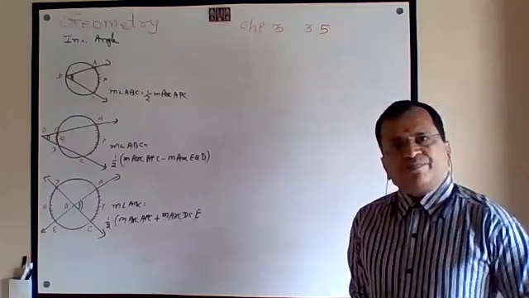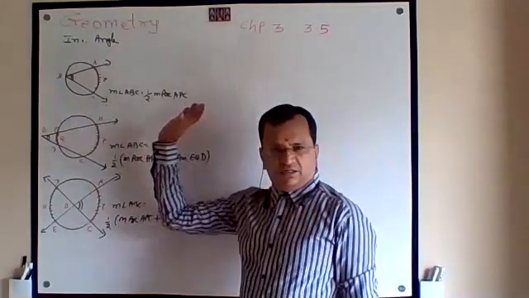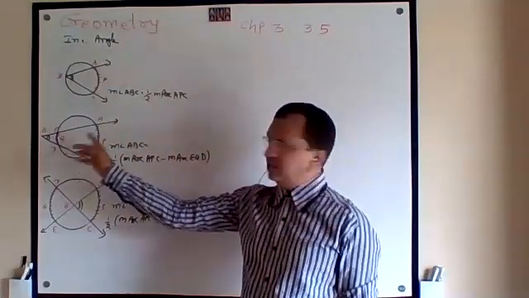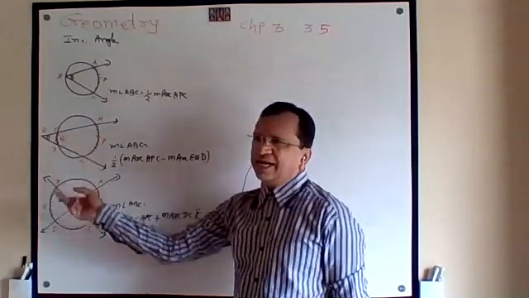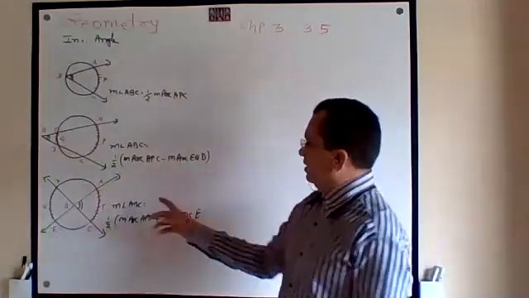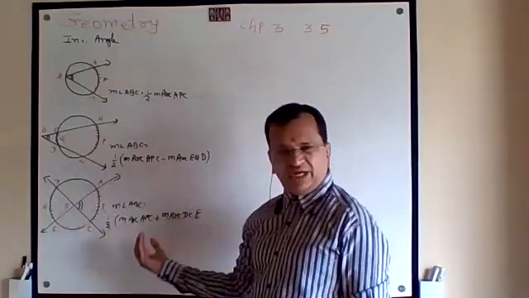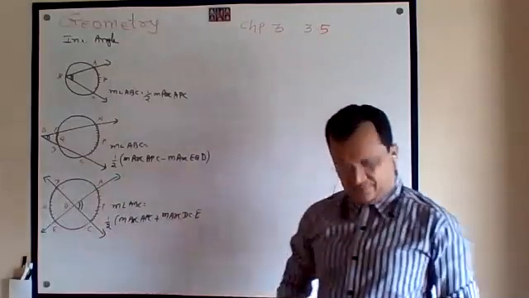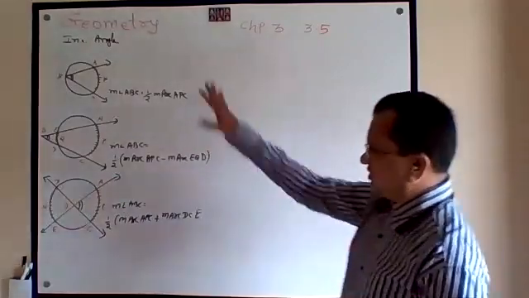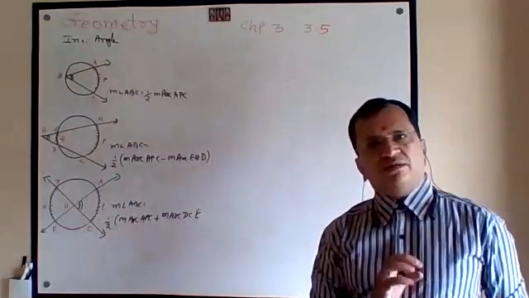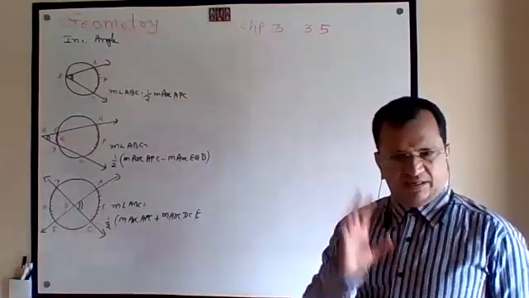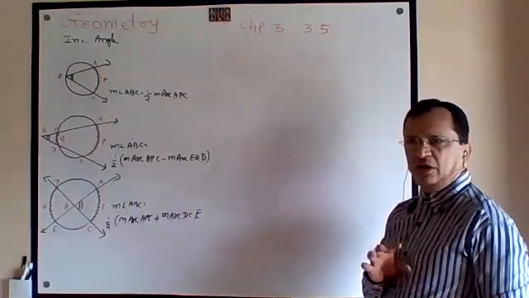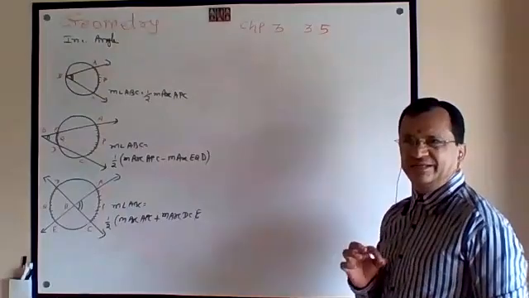When an angle forms on a circle, it is half of the arc. When an angle forms outside the circle, it is bigger arc minus smaller arc, whatever the difference, half of that. When the angle is inscribed inside, it is the sum of the two arcs, and half. Now these are the three formulas based on angle. Now three formulas on the basis of segments.